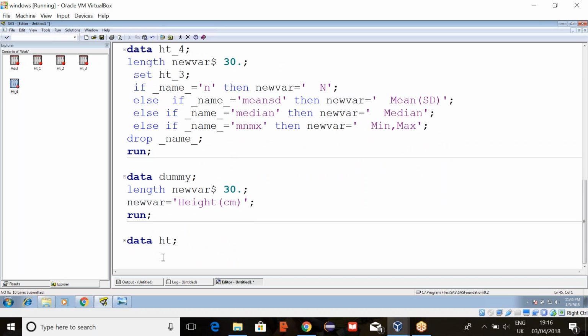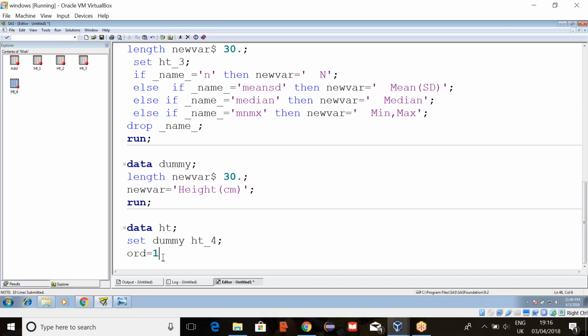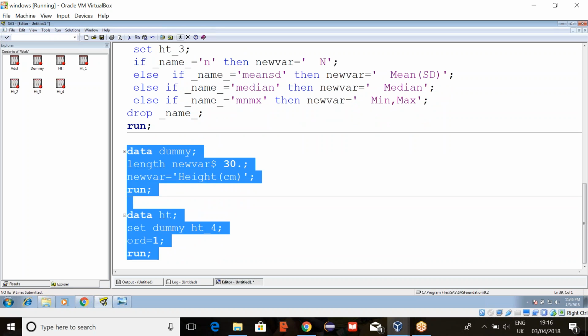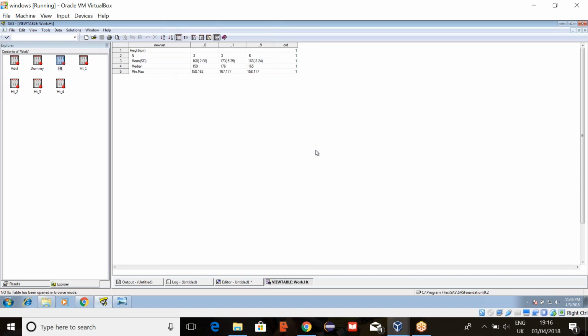Creating a dummy dataset for that. Yes, creating a new variable and then concatenating the dummy and then your height4. Also create one in order to maintain a space. Here is our final height.